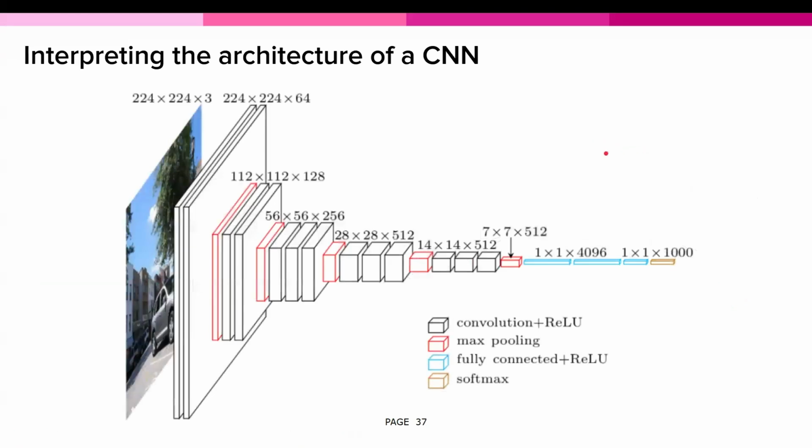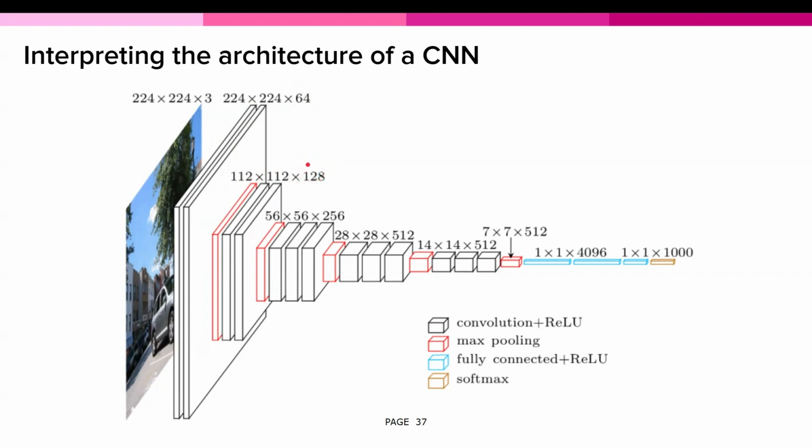Another way you might see the CNN presented is something like this. Pause the video to see if you can make sense of this one instead. Okay, pretty straightforward. We started off with a 224 by 224 input image, which had 3 color channels. We then blew that up to 64 channels, downsampled that to 112 by 112, and then made a series of convolutions to get